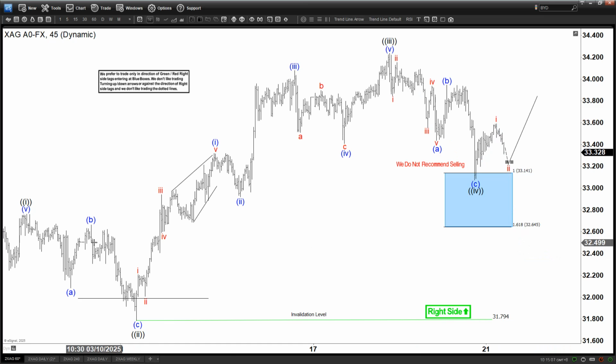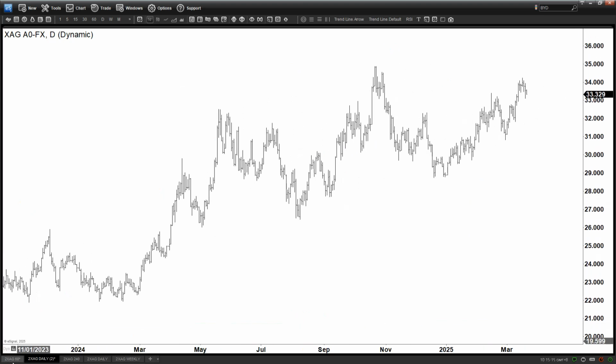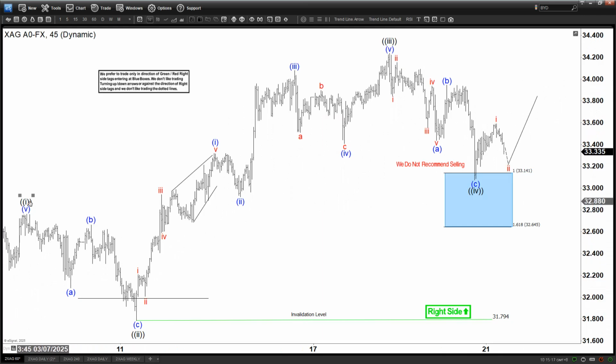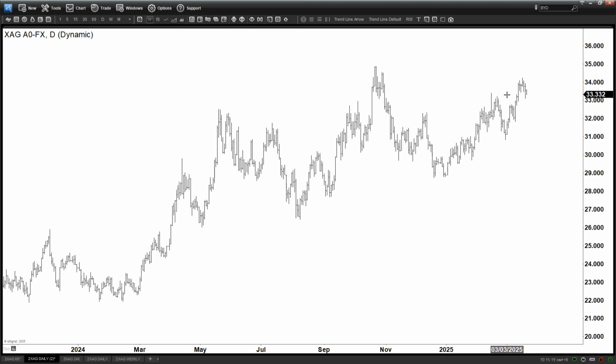But let me show you in the larger time frame so that you have some ideas about what we are thinking here. If I look at the daily time frame, right? So let's put the 1, 2 here on the daily. This 1, 2 here is actually right here, 1, 2, and then here is 3, 4. Now, depending whether you are bullish or bearish on silver, whether you believe it's gonna go up, gonna go down,